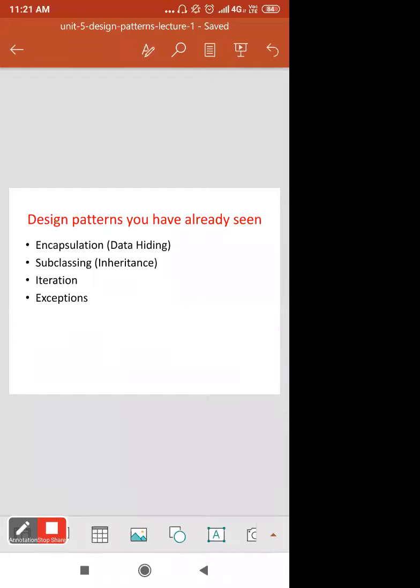Now the prerequisites for these design patterns. To make use of them, you should have a basic understanding of object oriented concepts like abstraction, inheritance, polymorphism, and encapsulation.